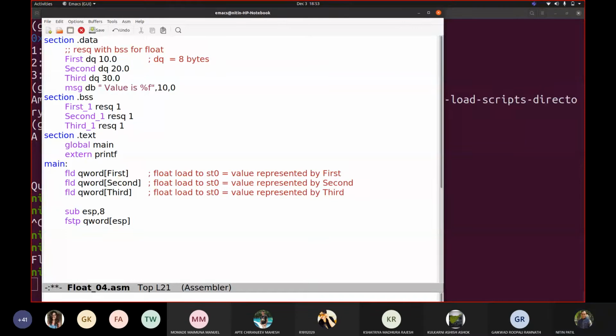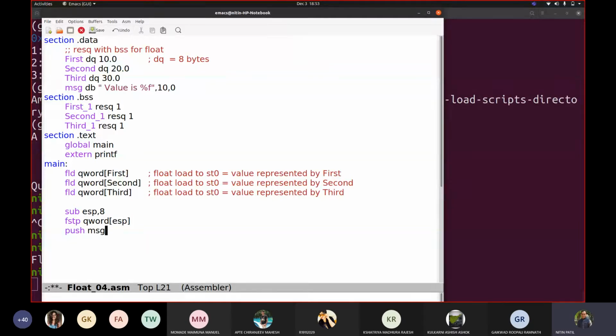This automatically took care of the push instruction to store the value, because we said store with pop to the address represented here. The address is ESP. Correct, we push the value.